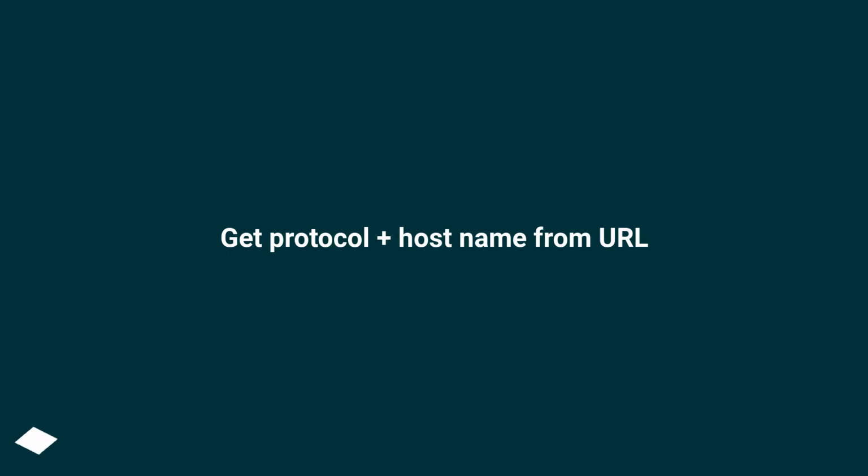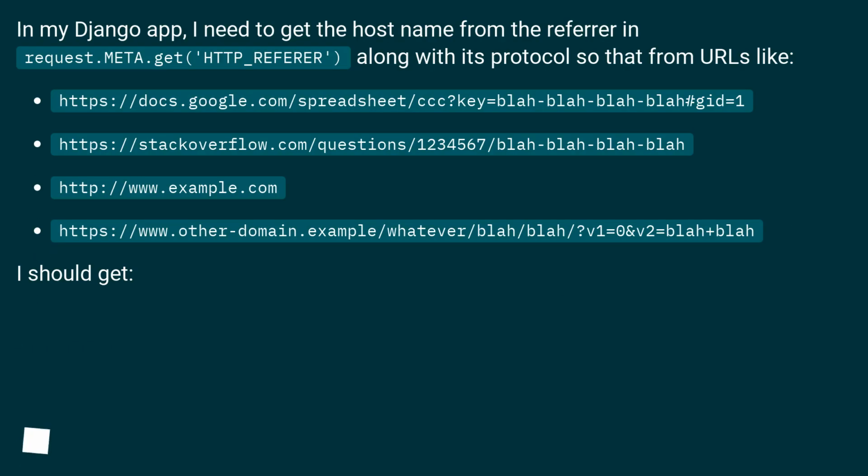Get protocol plus hostname from URL. In my Django app, I need to get the hostname from the referrer, request.META.get('HTTP_REFERER'), along with its protocol, so that from URLs like https://docs.google.com/spreadsheet/ccc?key=blah blah blah blah#gid=1